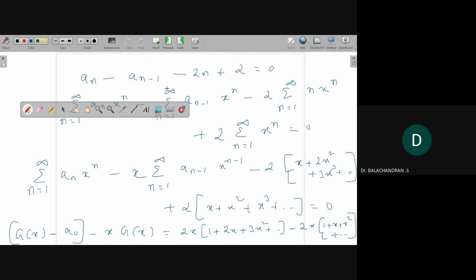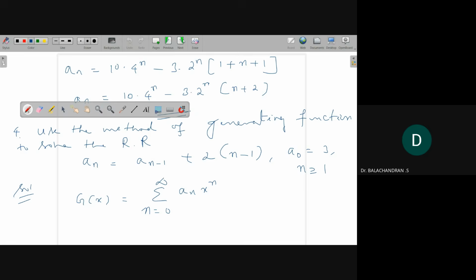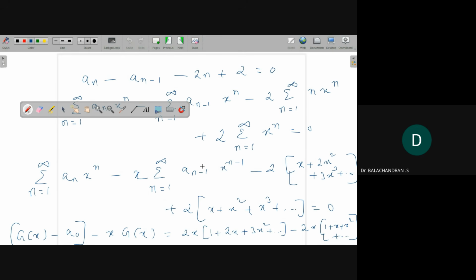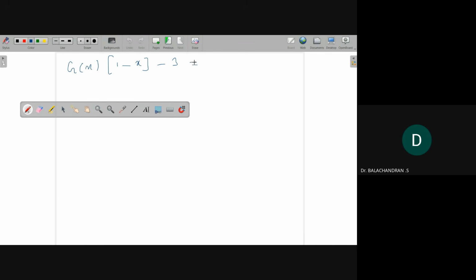What is a naught? A naught is 3 minus 3, okay, which is equal to 3 plus 2x into 1 minus x whole power minus 2,